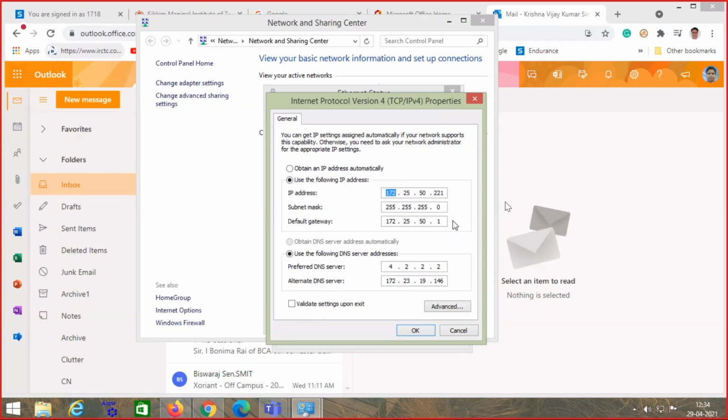So the default gateway is used when the destination address, please listen carefully, does not belong to my local LAN, then I have to make use of the default gateway. That means if we come to know that the destination to which we have to send the message is not in our class, then I have to send it from outside of the class. And if I have to go outside of the class, how do I go?